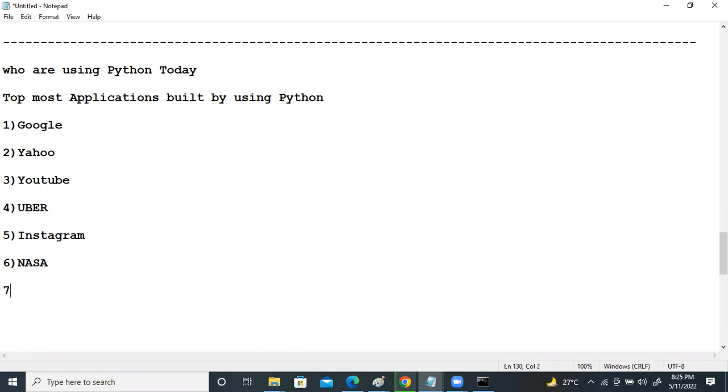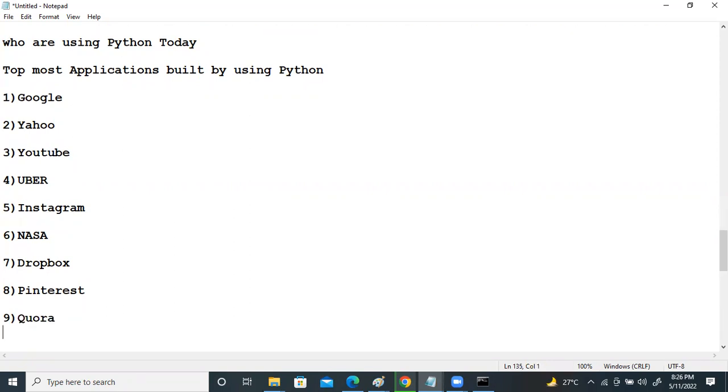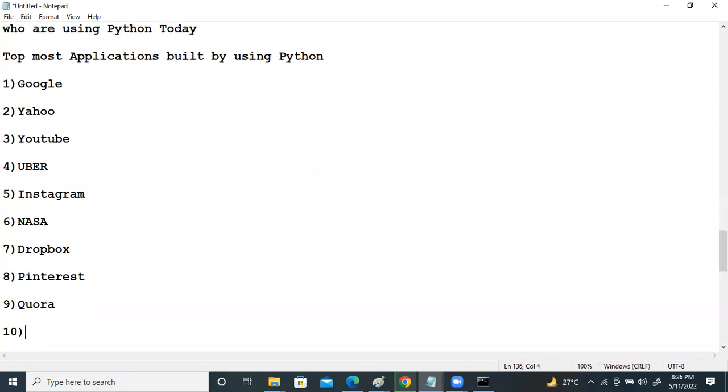And we have some applications like Dropbox, Pinterest, Quora, Reddit.